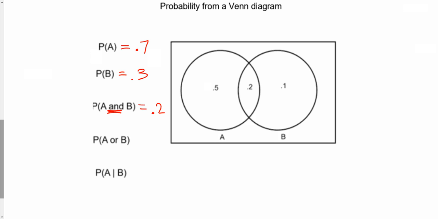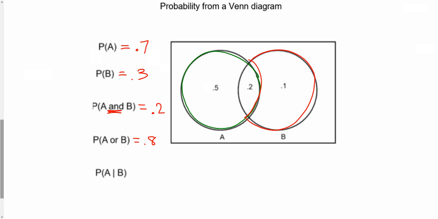Okay? The next one, probability of A or B. So we can do it like this. Here's A, and then this part right here is the B part. And I'm cutting that off because I don't want to count it twice. It was already counted when I counted A. So if I add those up,